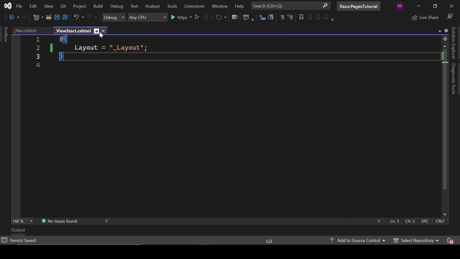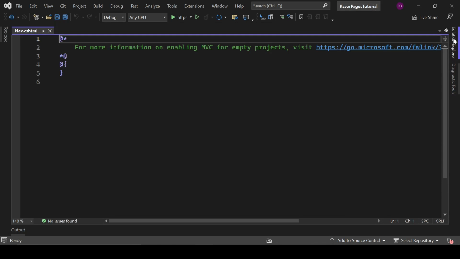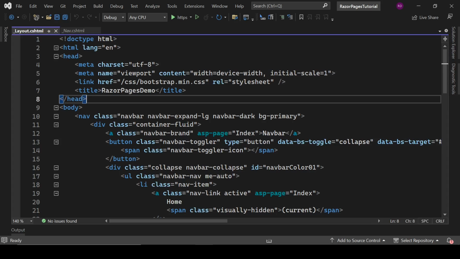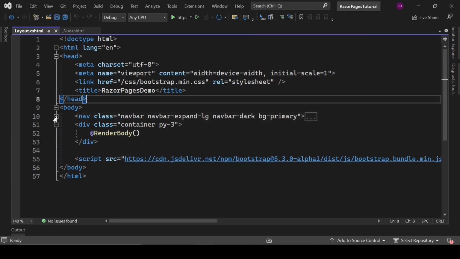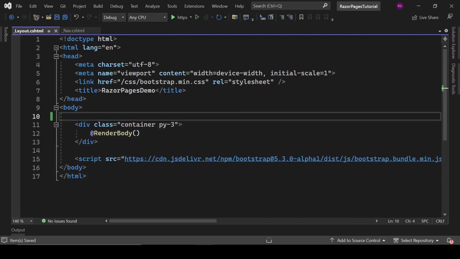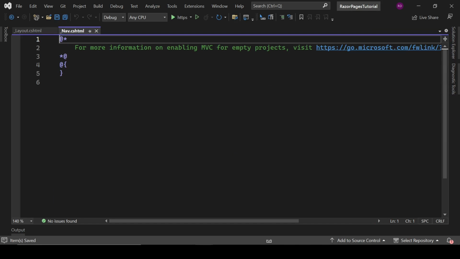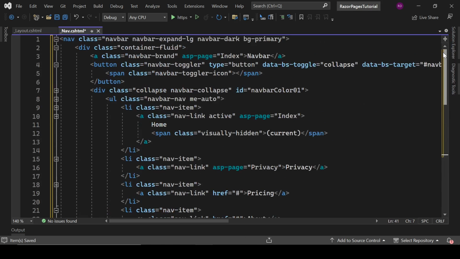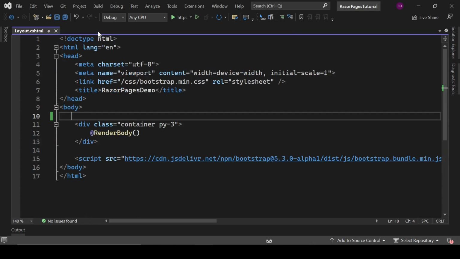And what we are going to do here, let's open our layout page, which is in Shared, _Layout. We are just going to cut all of this from here and move it to this _Nav.cshtml page. Now we have moved all of our navigation into the _Nav.cshtml page. So how are we going to call that